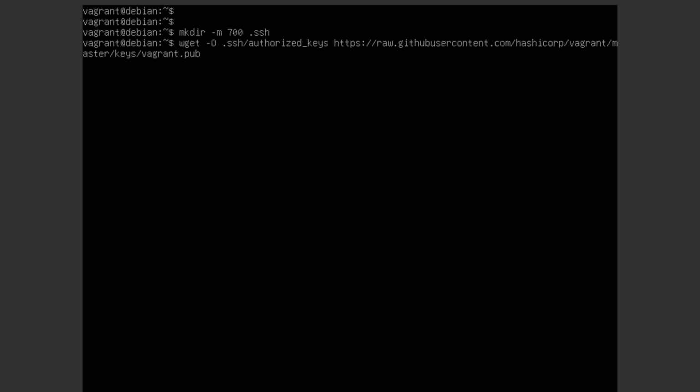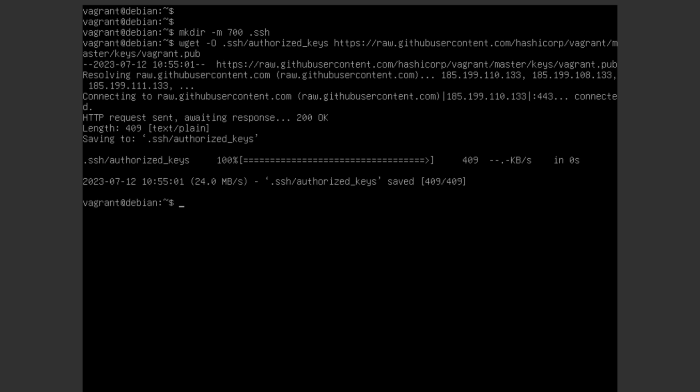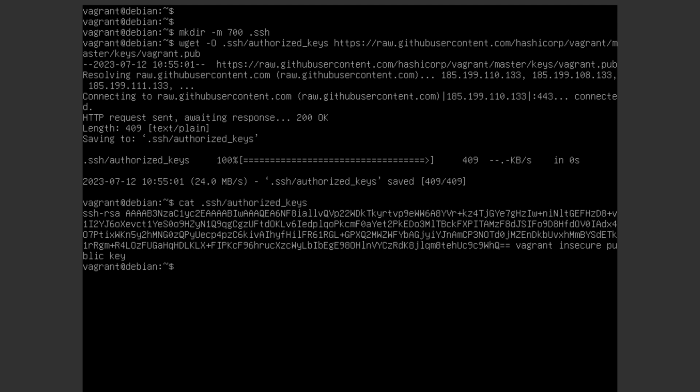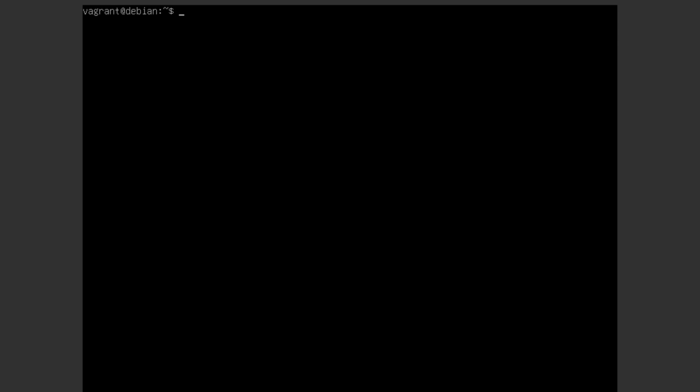The Vagrant system is going to log on as the Vagrant user, so the public key must be set up in the system. We can check now that it is in the authorized keys. We can make sure the permissions on this are correct as well, so making it private again through to our user. We don't need the execute permission on the file, but of course the execute permission is required on the directory. So the directory has the permissions of 700, the file permissions of 600.